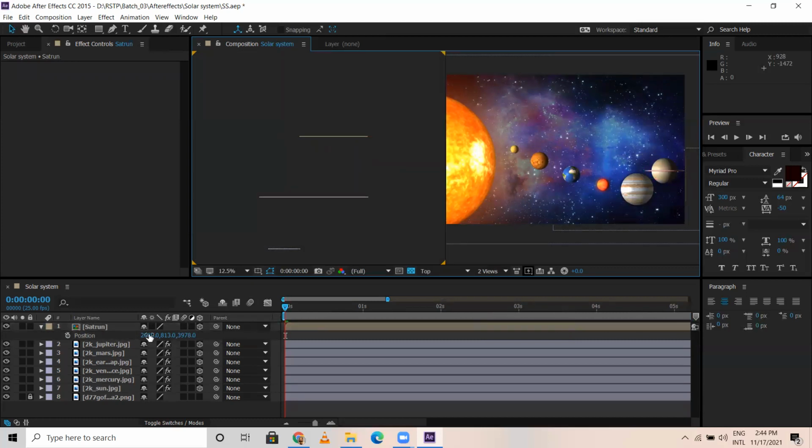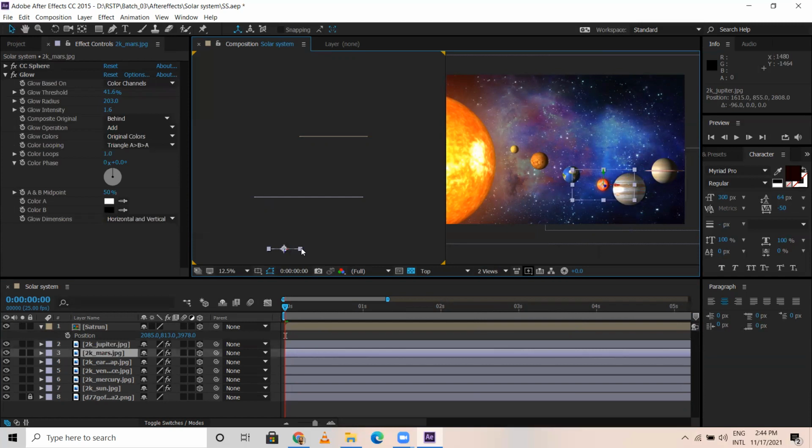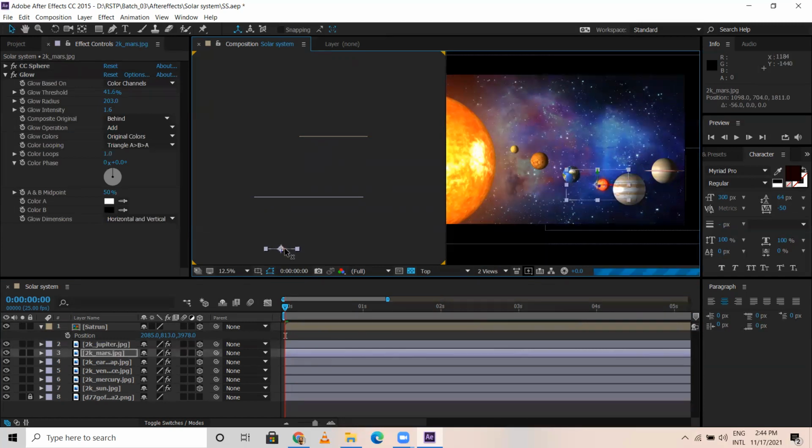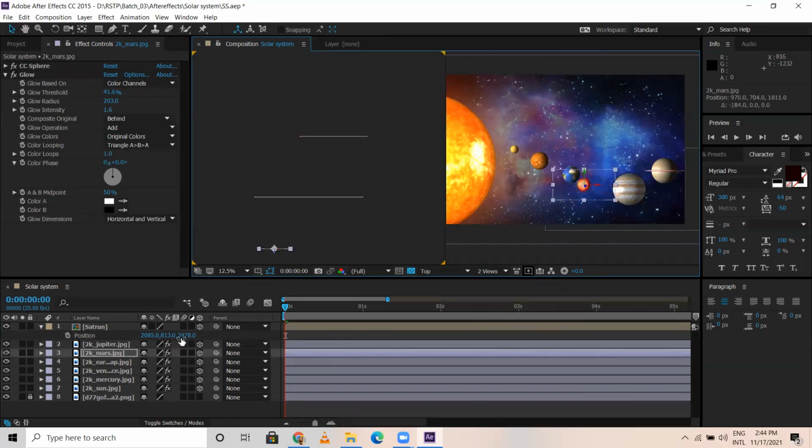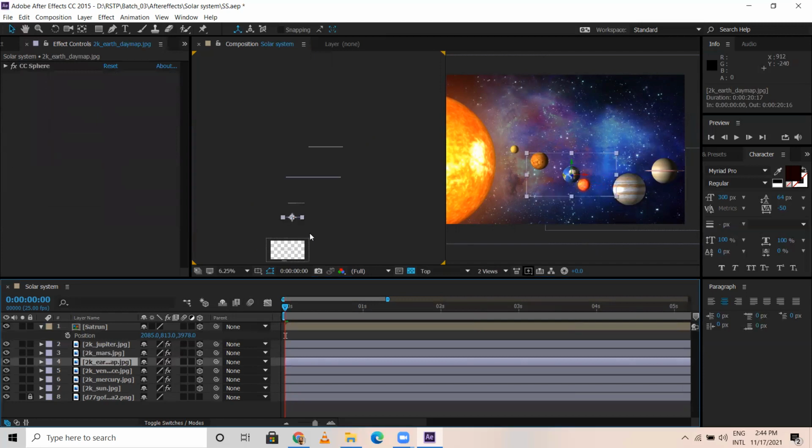So let me take this Jupiter. So I'm just adding bit space here. Earth towards left a bit.